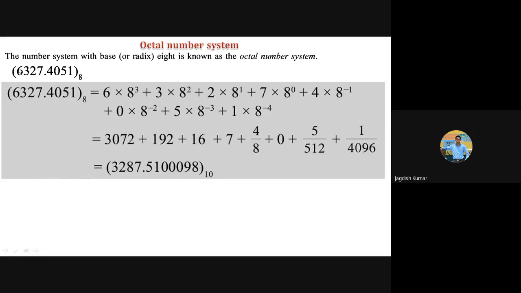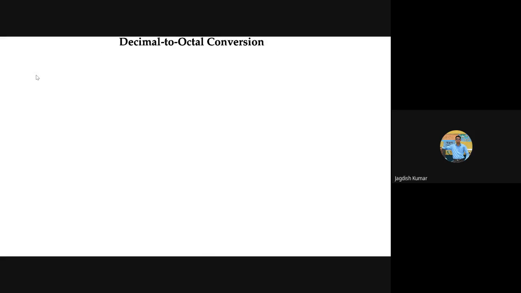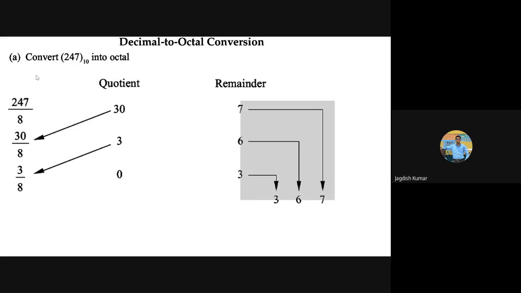And what is the weight at this digit? 1000. So in the decimal number system, this should have been 6,000. 3 is at hundreds place. So 327. But now in the octal number system, the weight is not 1000, right? The weight is 8 raised to the power 3, which is going to be something different. So that is why we cannot call this number 6,327.